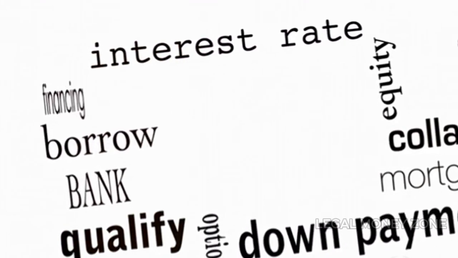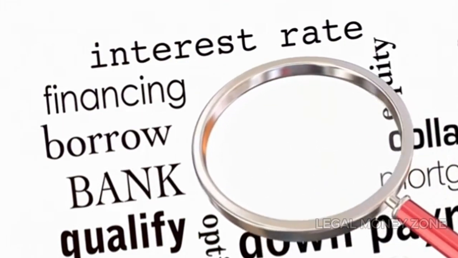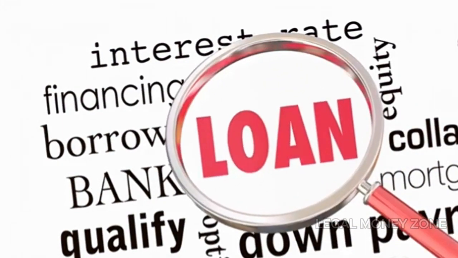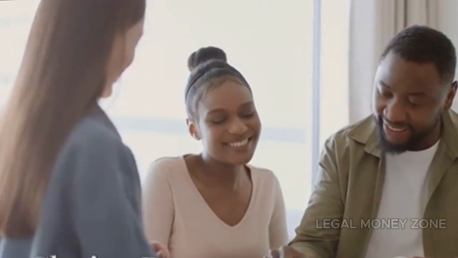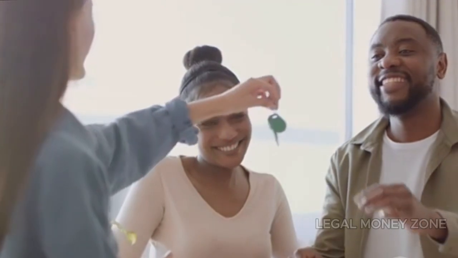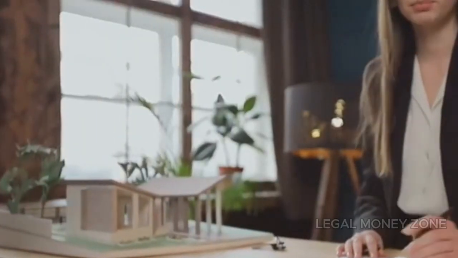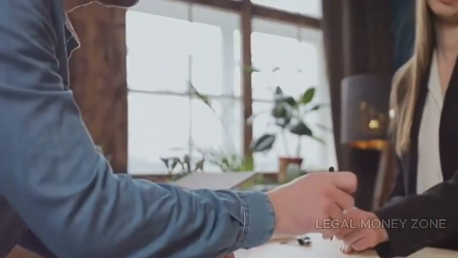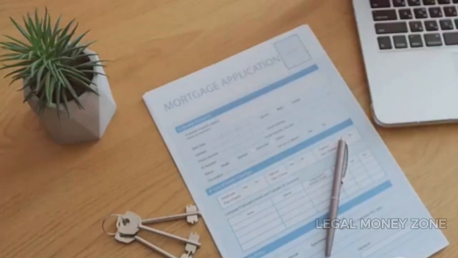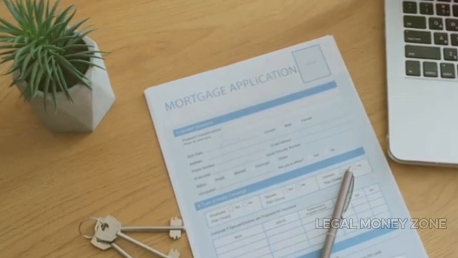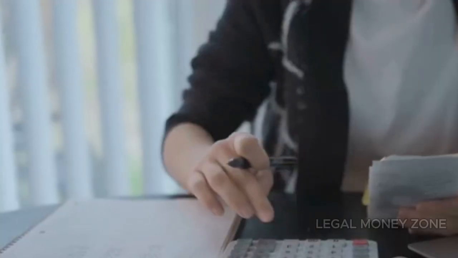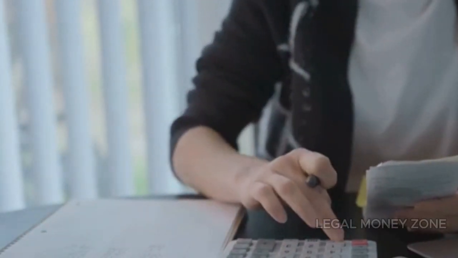After accepting the loan offer, you'll move into the closing process. During this phase, you'll sign the necessary loan documents and pay any closing costs. Closing costs can include fees for the application, home appraisal, title search, and document preparation, and they generally range from 2 to 5% of the loan amount. Some lenders may allow you to roll these costs into the loan balance, while others may require them to be paid upfront. Once the paperwork is signed and the closing process is complete, the loan funds will be disbursed, usually